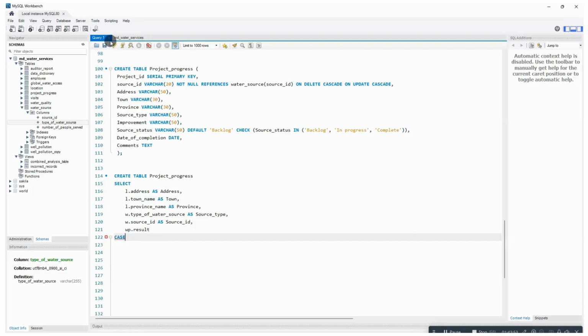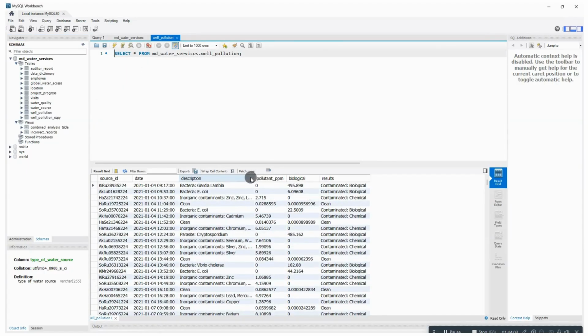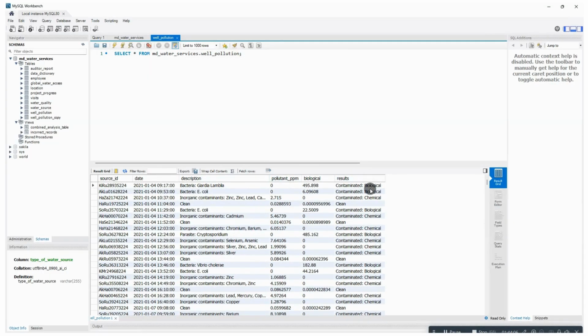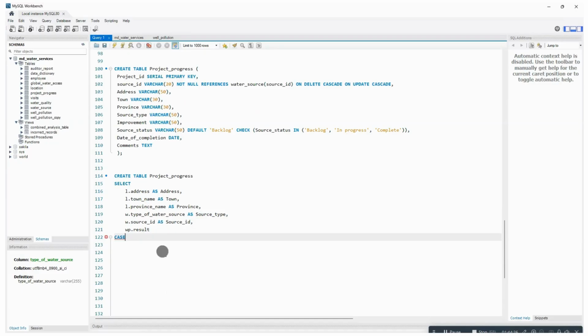So well pollution. Yes, so this is well pollution. I want to see the results column. Yes, so this is how the results column looks like. So we have the contamination type. So contaminated biological, and then we also have contaminated chemical, and then we also have clean. So what I'm going to do here, I'm going to say, so our first case here is